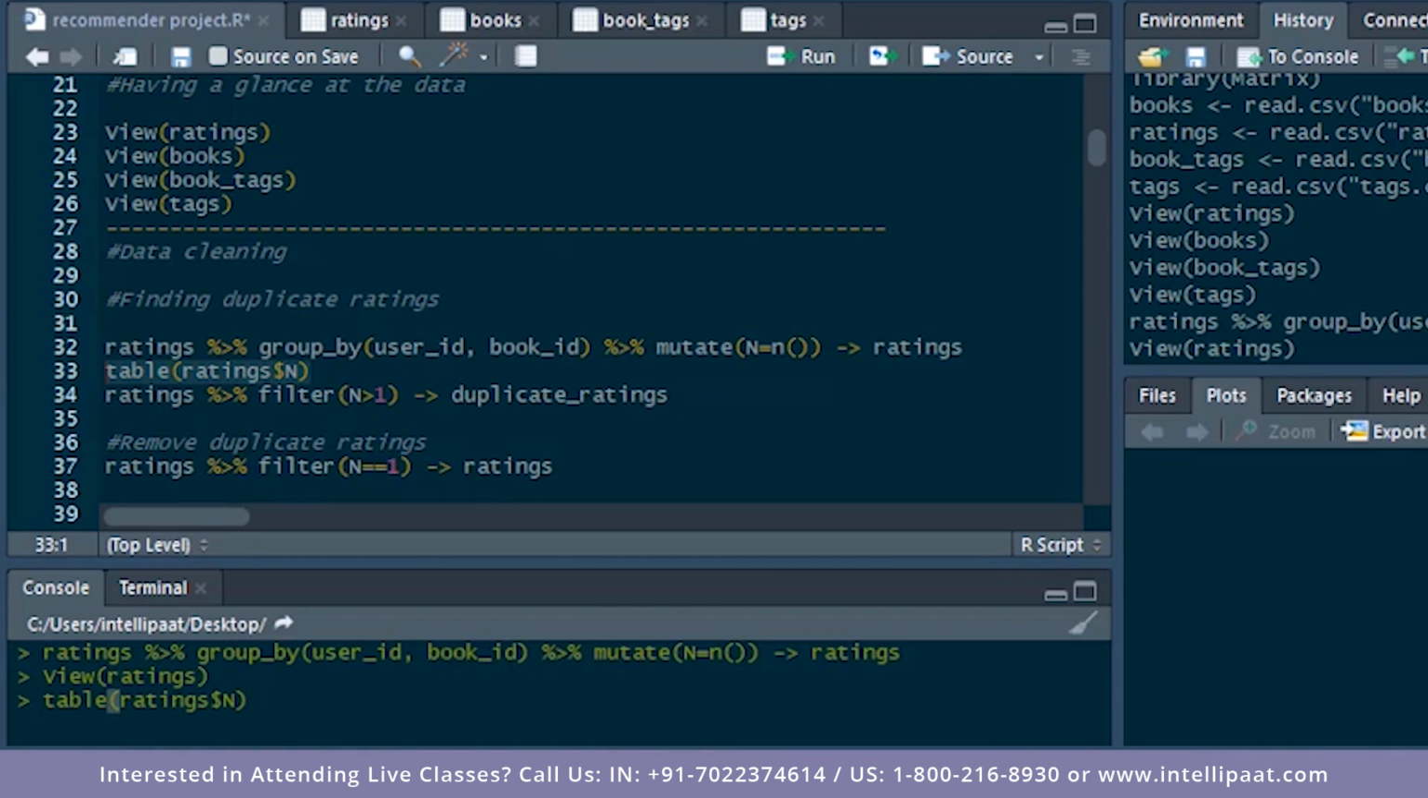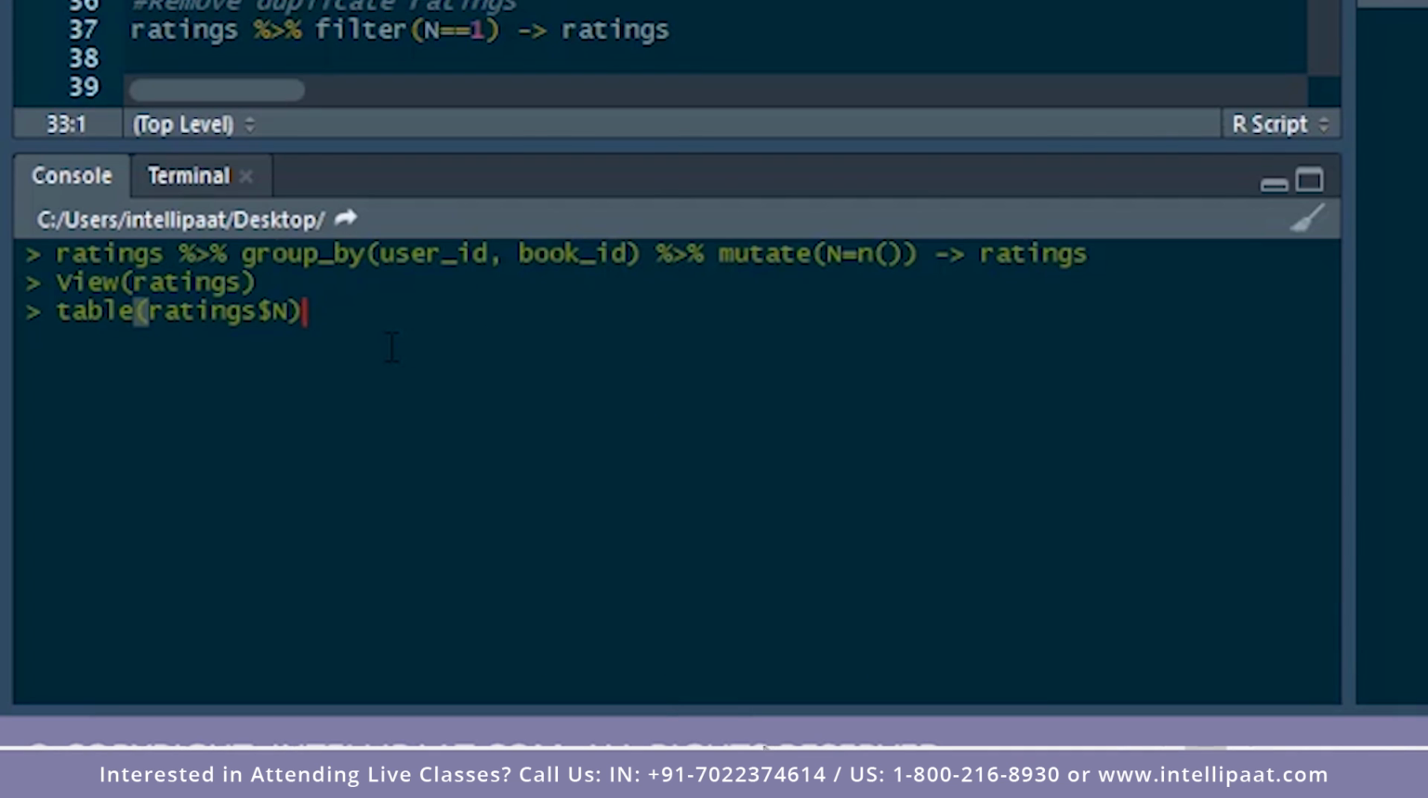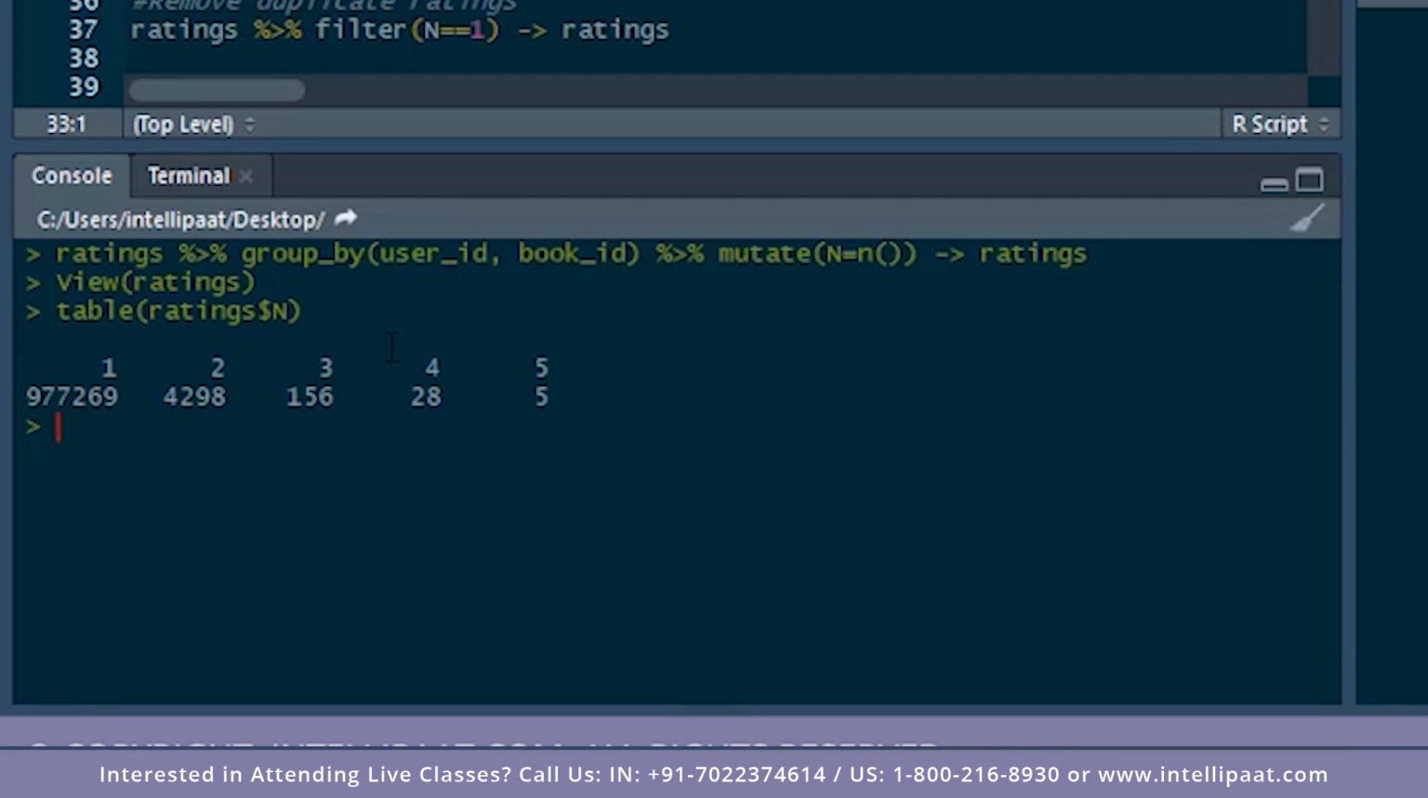So I'll use the table function and I will give in ratings$n over here, which would give me the count of the different ratings given by one particular user to one particular book, right? So this value over here tells us that there have been 5 instances where one particular user has rated the same book 5 times. This tells us that there are 28 instances where the same user has rated the same book 4 times. This tells us that there have been 156 instances where the same user has rated the same